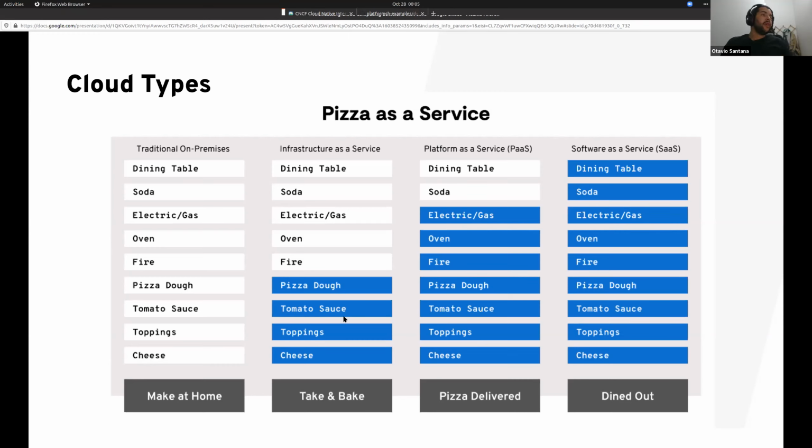Let's go to the first one. Make at home. Basically, I need to prepare and have the whole know-how to do everything at my home. I need to pick the cheese, the toppings, the tomato sauce, the pizza, the fire, the oven, prepare the table and prepare the drinks and so on.